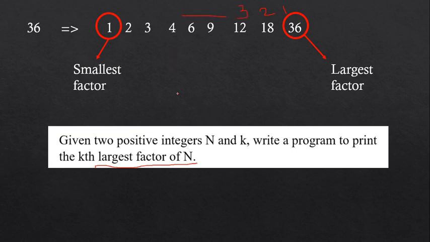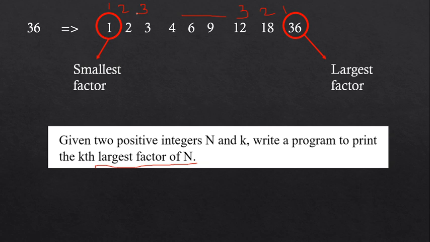So if you look at it, what will be efficient? Finding from the smallest factor will be useful, or finding from the largest factor? What do you think will be helpful for us? Where can I start from? Shall I start finding from the smallest factor? If I find from the smallest factor, I can count it as first smallest, second smallest, third smallest only, right? But I don't want it as smallest numbers, I want it as the largest number.